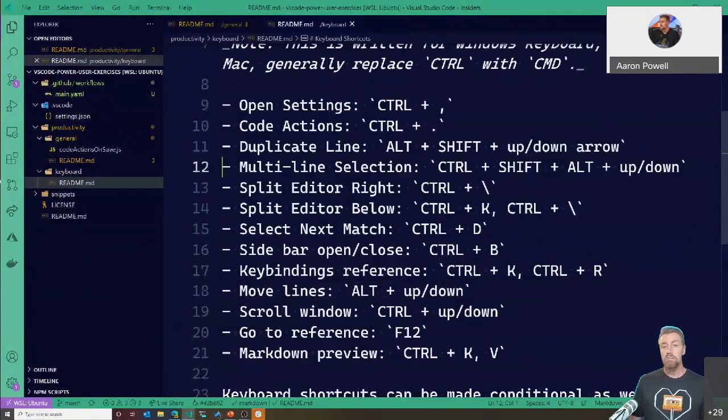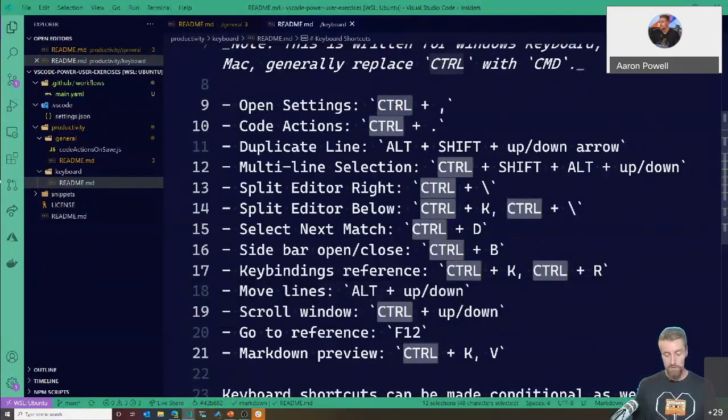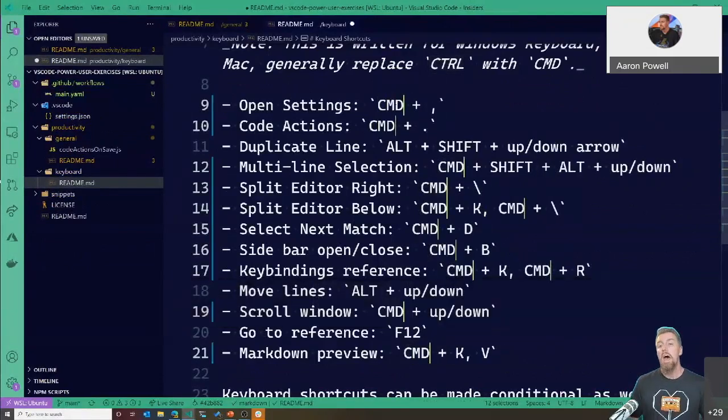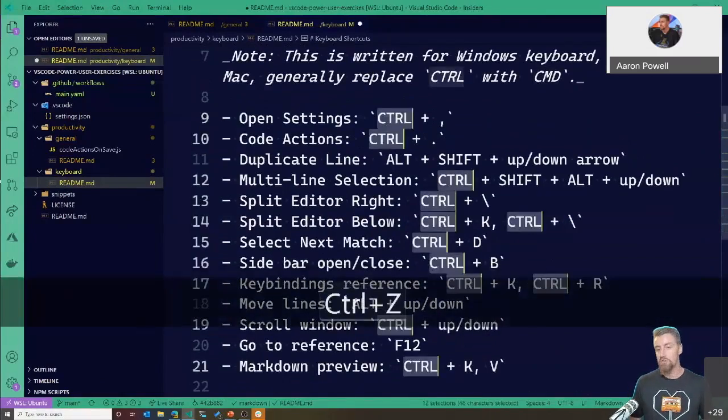If we want to select, let's say that I want to change this into the Mac equivalence instead of the Windows equivalence, I can do Control D, and that will select the next match of what I've currently got selected. So I can do Control D and select all of those controls and turn that to CMD. But because I didn't do a Control H to do a find and replace, I haven't replaced the one that's above on line 7 because I didn't need to replace that one. If I do an escape, it'll take me back to where the cursor started from, and then let's just Control Z to undo all of that.